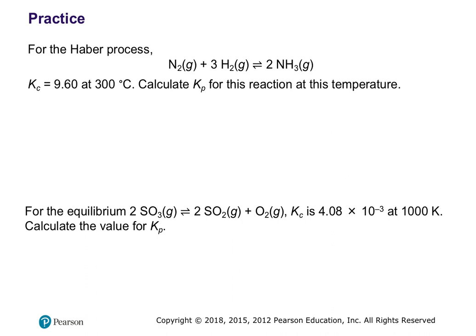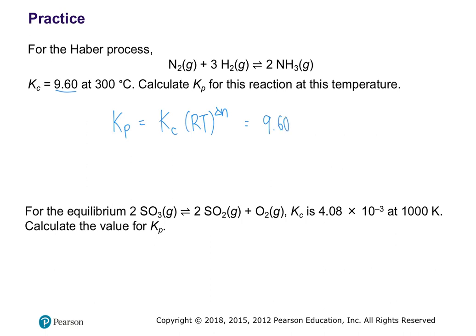Okay, in this problem we have the Haber process, which again, nitrogen plus 3 hydrogens going to 2 ammonia. So Kc is 9.6 times 10 to the, at 300. Kp is, so we want to find Kp at that temperature. So remember that Kp equals Kc times RT to the delta N. So we know Kc,